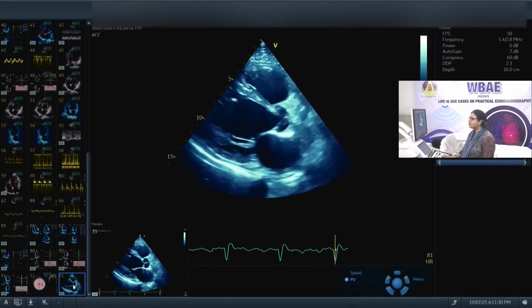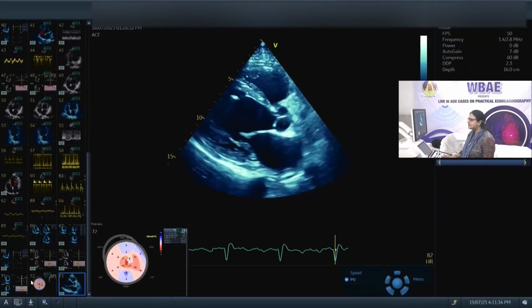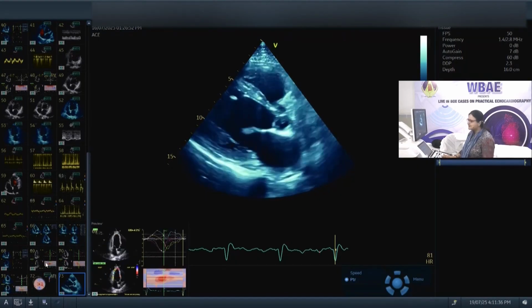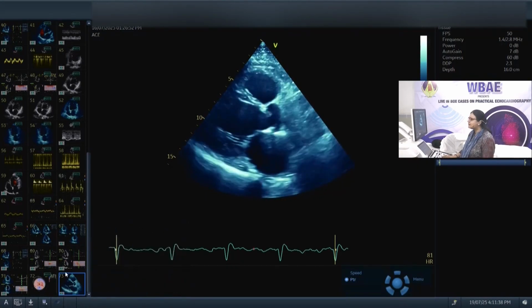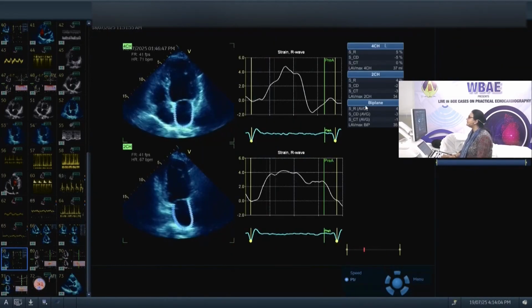So initially we measured the left atrium from the parasternal long axis view, which was about 4.2 to 4.3 centimeters, and now we are going to measure the left atrial strain. Left atrial strain is measured in our machine, and it's auto-generated. So here we can see the biplane has given us this strain. The contractile strain is minus 1%. The LA reservoir strain is 4%, which clearly shows that this patient has reduced left atrial strain.